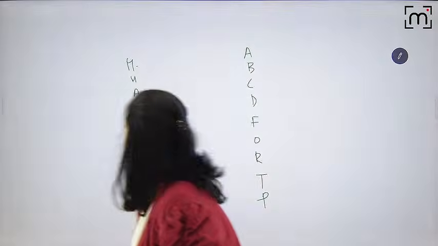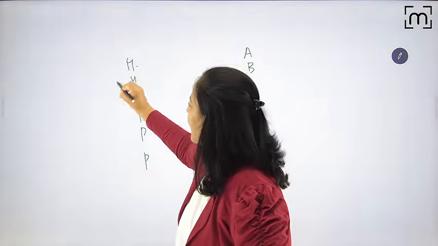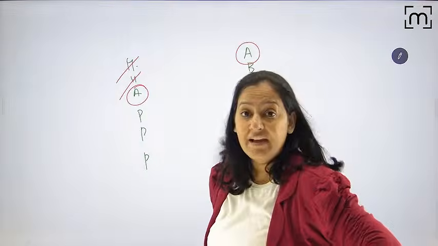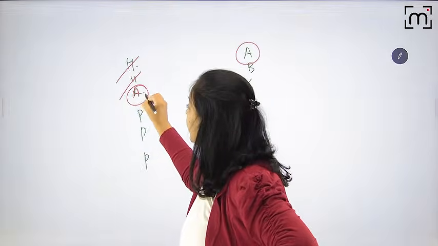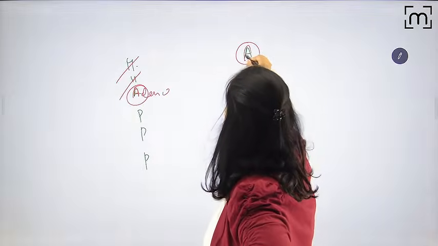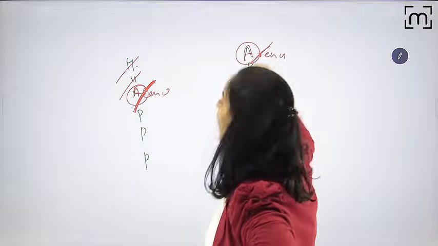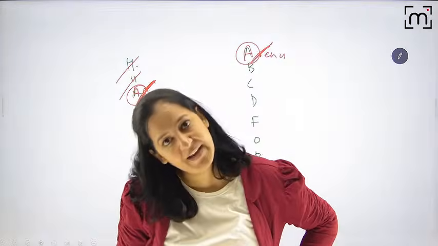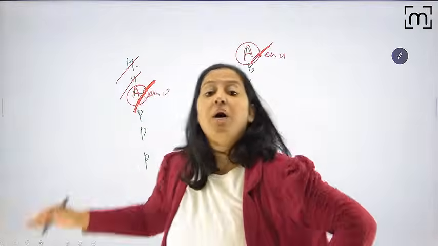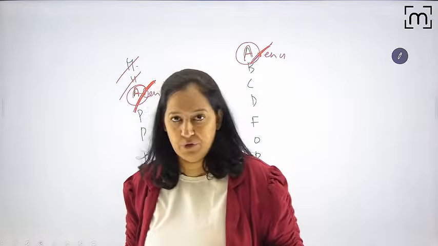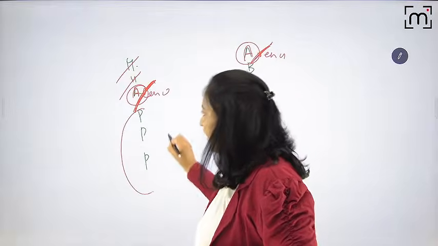Quickly we will say the full form. Here the double H is herpes and hepadna. Here also we have A, here also we have A. But here A is adeno, and here A is arena. D for DNA, R for RNA. Don't confuse. Adeno is DNA, arena is RNA. No confusion.